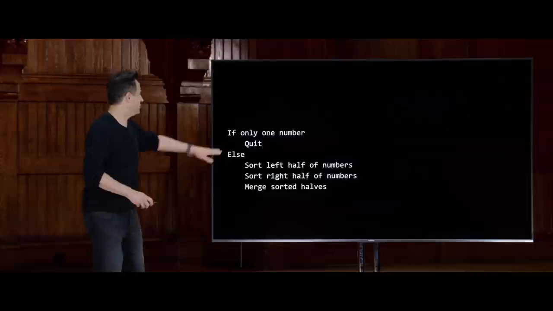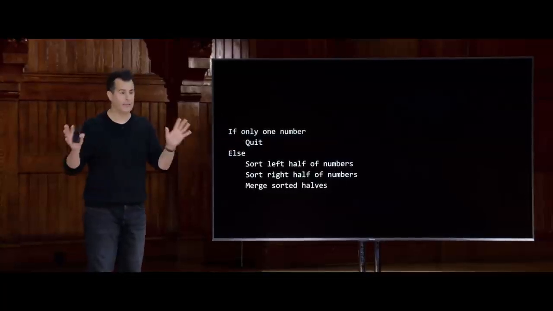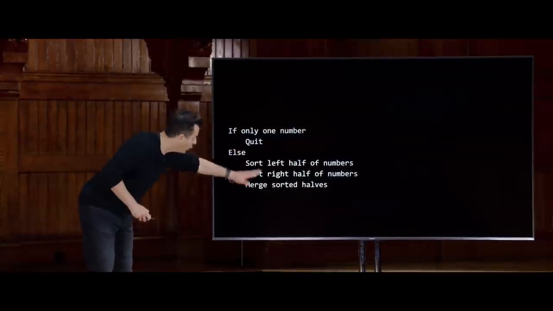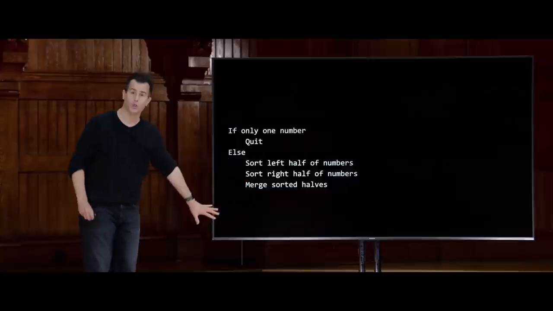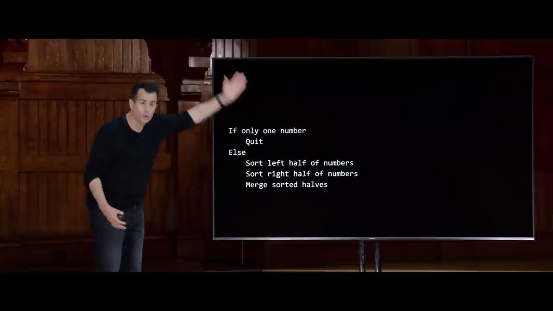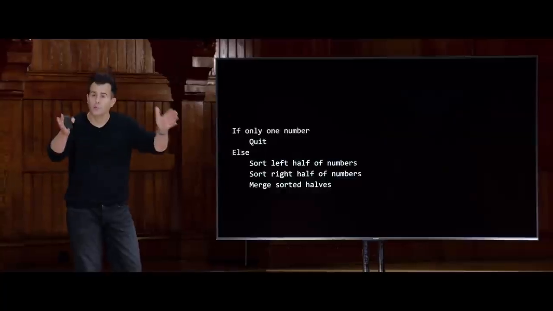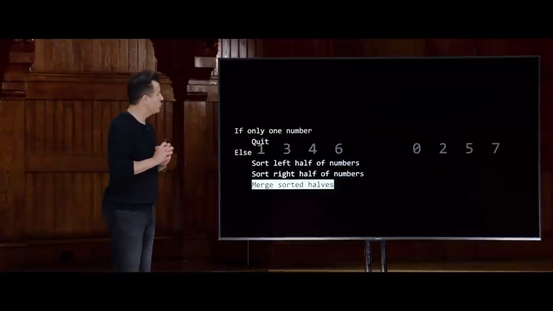Well, first, let's consider the base case. If I give you nothing to sort, you can pluck that off trivially. Just quit. If there's only 1 number or heck 0 numbers, you're done. And so that case is easy. But the recursion is clearly manifest in these 2 lines because this is an algorithm called merge sort. And if I'm telling you to sort the left and sort the right, well, you're probably going to use the merge sort algorithm to do that. But the problem's going to get smaller and smaller. So let's focus on what it means to merge 2 sorted halves.